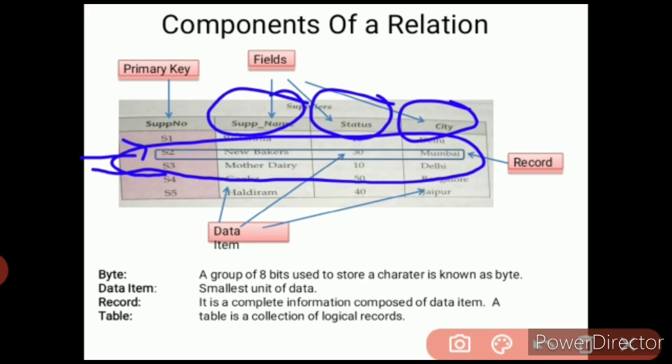And data means whatever value we enter in a particular table is known as data. Okay, so there are some keywords here, like byte means the 8-bit storage of a particular value. Data items means the smallest unit of your data. Record means the complete information of your row, and table means the collection of logical records, right? So these are the components of relation.